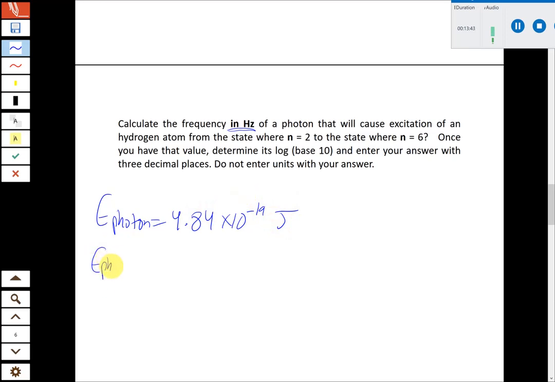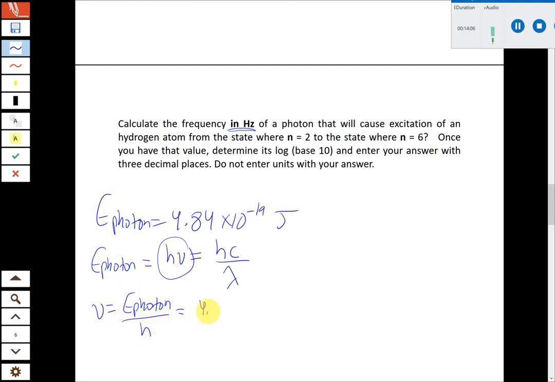The energy of the photon is equal to h times the frequency, or h times c divided by the wavelength. So both of these equations relate to the energy of the photon. In this case, we're going to use this one because we're searching for the frequency in hertz. So nu is going to be the energy of the photon divided by h,